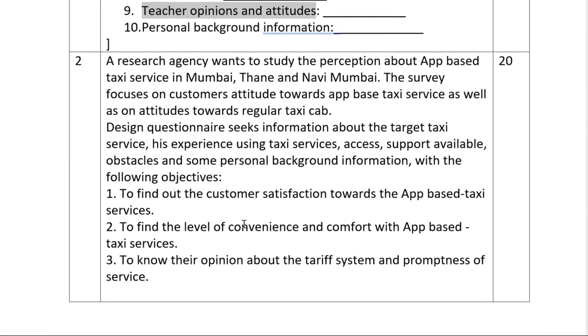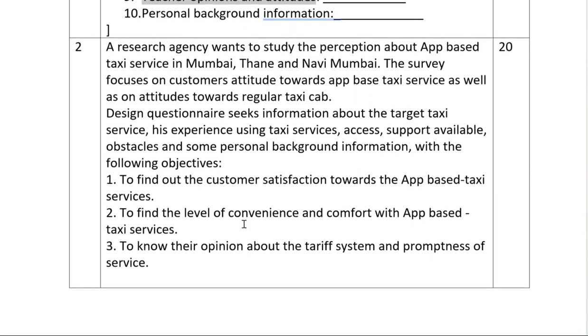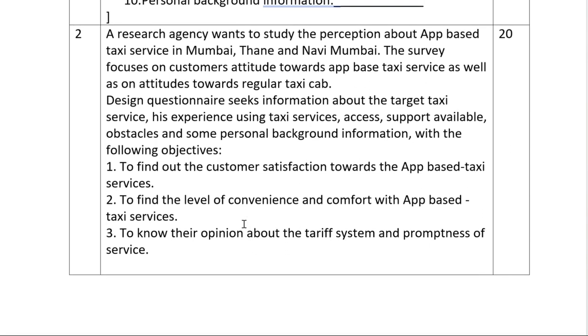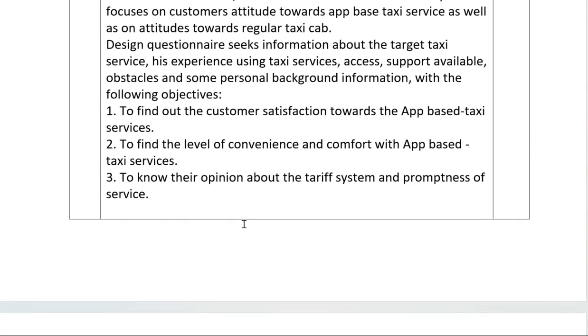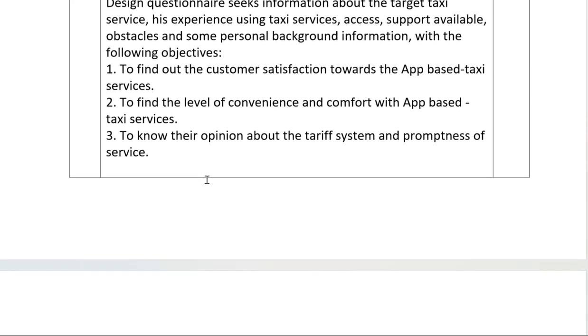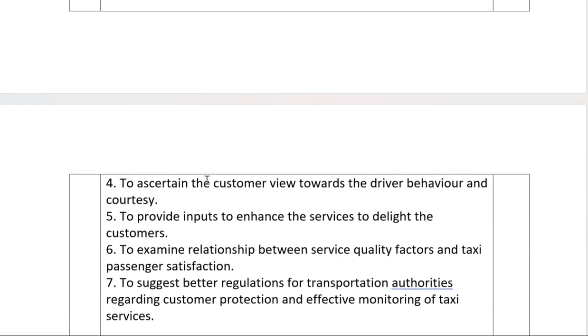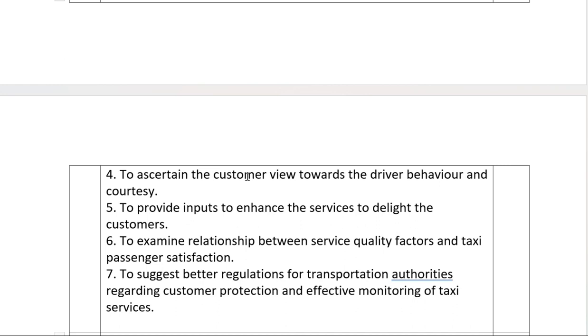In the same way we can have another survey form, like a research agency wants to study the perception about app-based taxi service in Mumbai, Thane and Navi Mumbai. So it is like our Ola, Uber, cab. So we can find out the customer satisfaction towards the app. We can find out the level of convenience and comfort, opinion about the traffic system, to ascertain the customer view